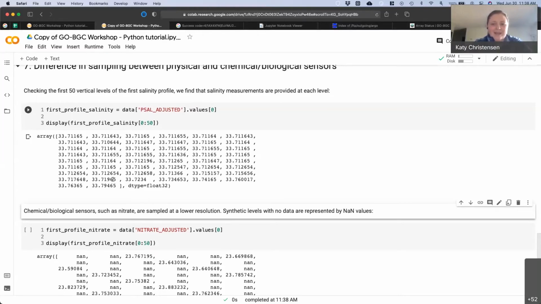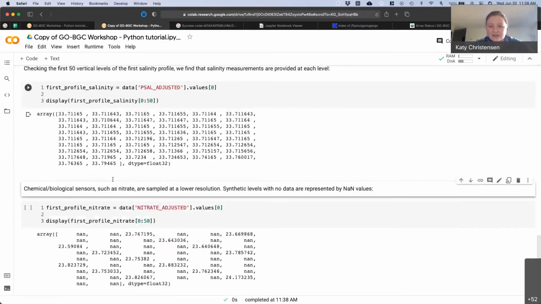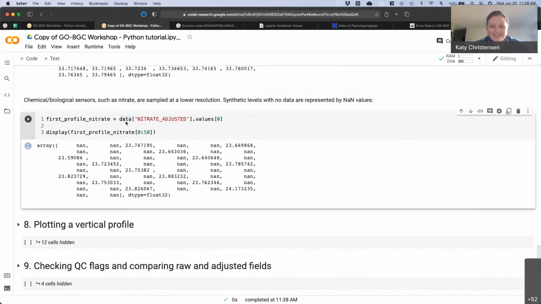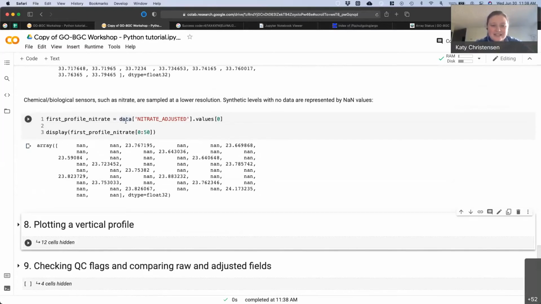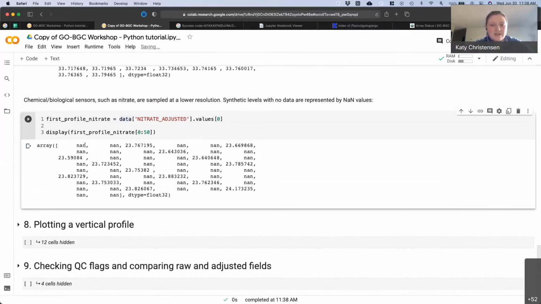If we look at the exact same access of the nitrate, and remember, we're using the adjusted data for both of these, you can see there are lots of NaNs filling in all of this. And that's just because the nitrate isn't measured at every pressure level. It's measured, it looks like, every third at the beginning roughly, and then moves on to a few different levels. So keep that in mind. It's not always going to be completely filled in with all of the different sensors. And you might have to deal with some sparseness, which we will talk about in the next section